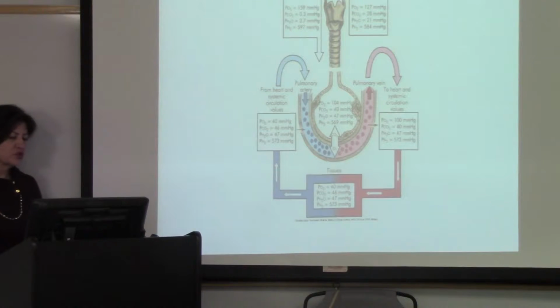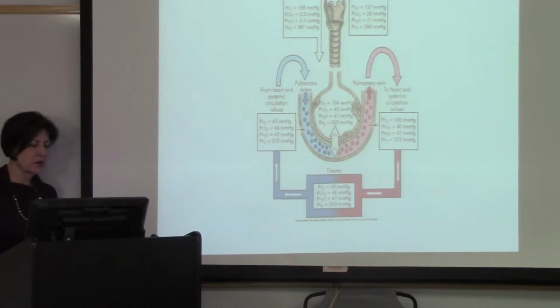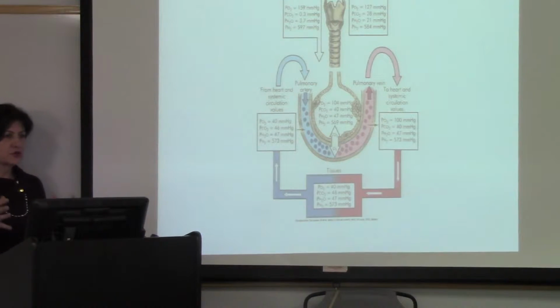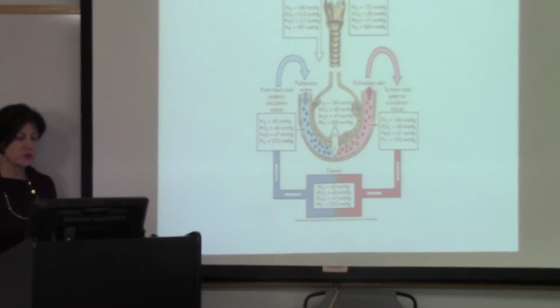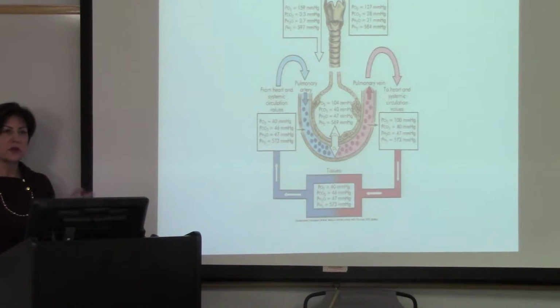And this just shows you the change in pressures that occurs. Obviously, we talked about the fact that diffusion happens, so your pulmonary artery pressure is lower, the O2 levels are lower, and the pulmonary vein pressure, your O2 levels are going to be higher, because that's the oxygen in the blood that's being pumped out to the rest of the body. So you're going to have waxes and wanes in those pressures, depending on where you are in the pulmonary arteries and in the lungs.